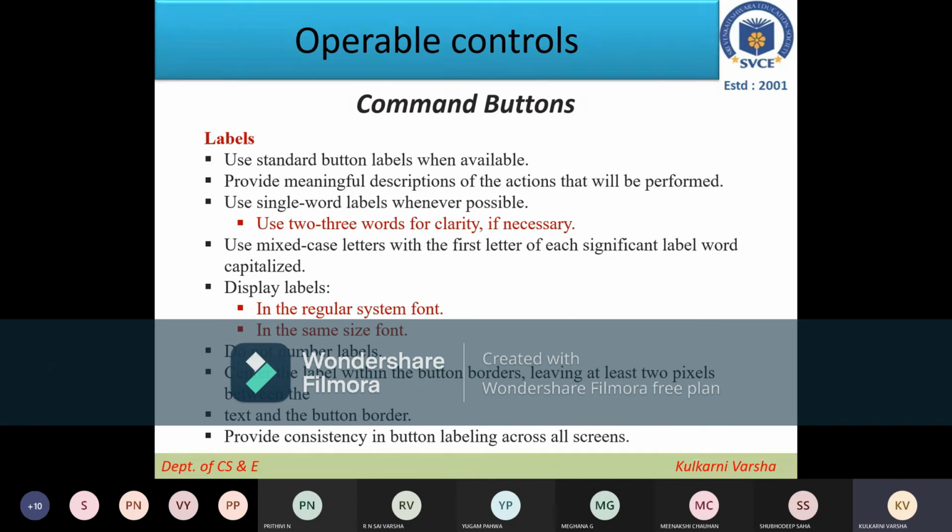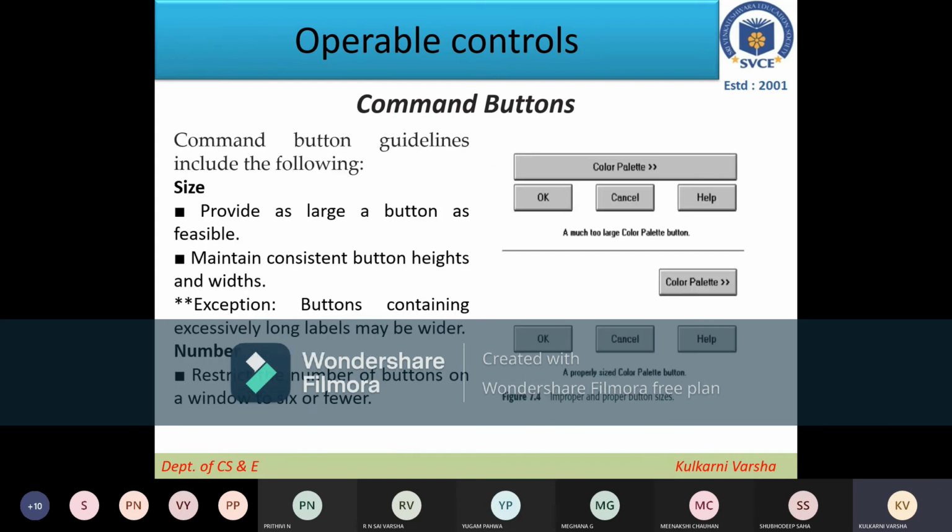In all the screens, you have to see what standard or style you are using for labeling, for size of the button, for location of the buttons, or for overall view of the button. Use the same consistency throughout the screens, throughout the application.